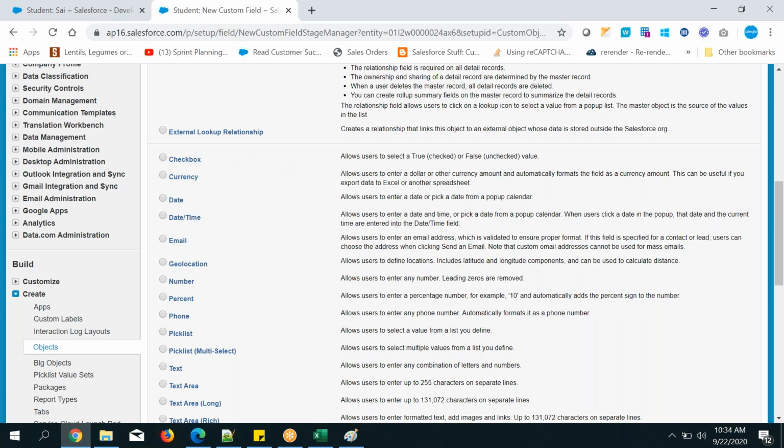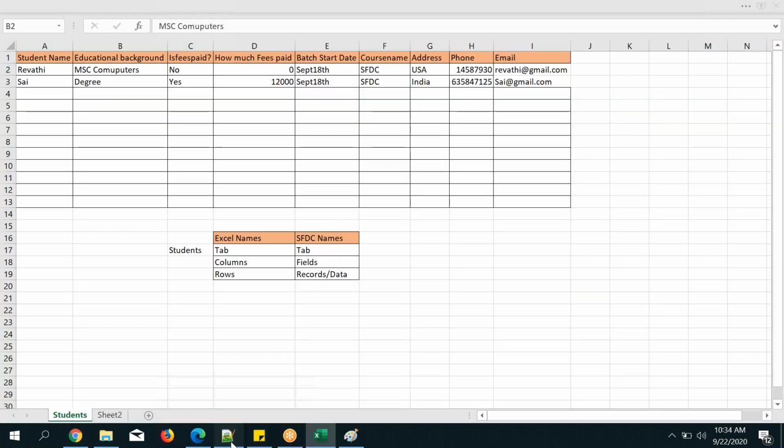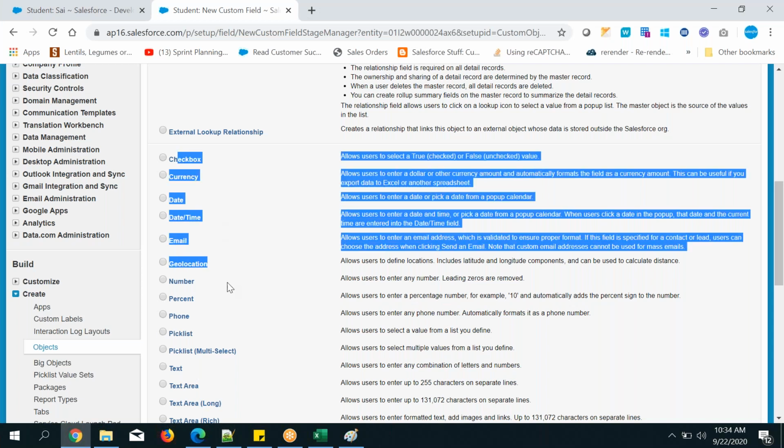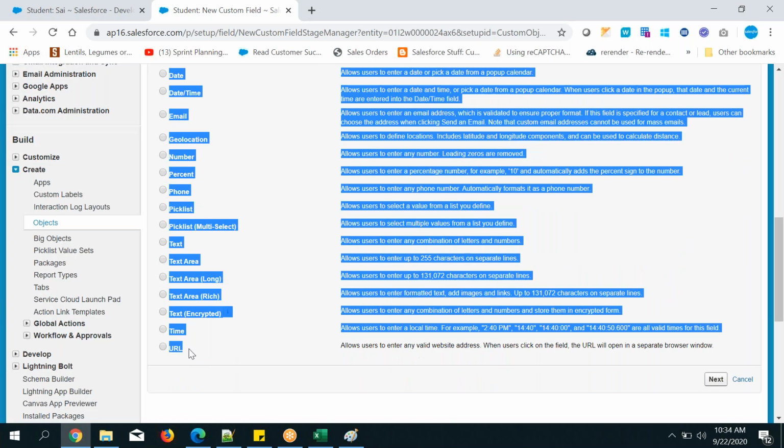Okay, so let's see. What is this data type? Text you are entering, right? So yes, you need to know about the data type. Text, some matter you are writing, right? Here, can you see with the text any data type is there or not?